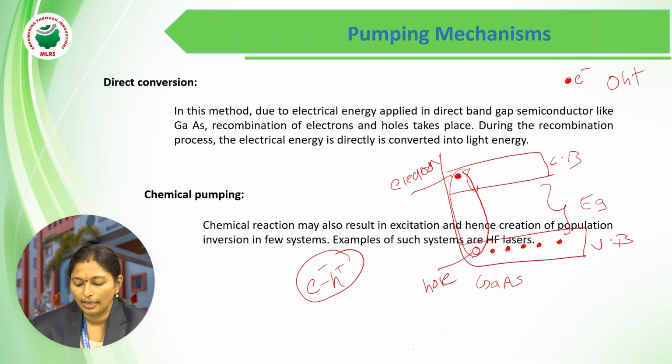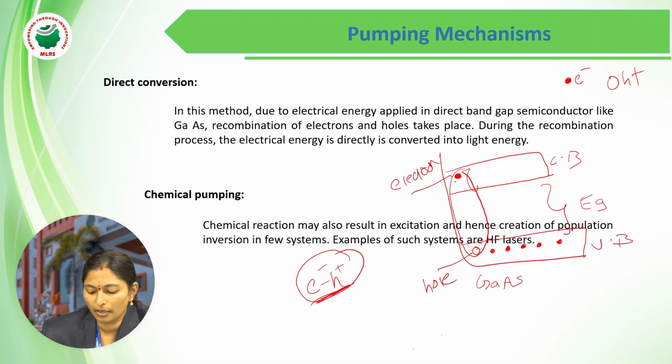So if you see, at first all the electrons are in the valence band. After applying the electrical energy, the electrons absorb this energy and move from the valence band to the conduction band. If the electrons are in the valence band, we call them valence electrons. If they move to the conduction band, we call them conducting electrons. The absence of electron in the valence band we call a hole. So now electron hole pairs are created.